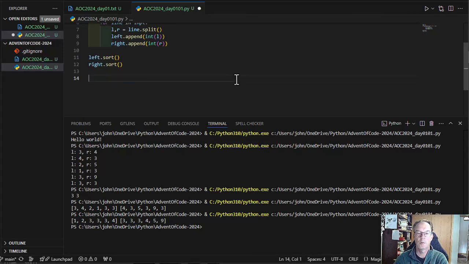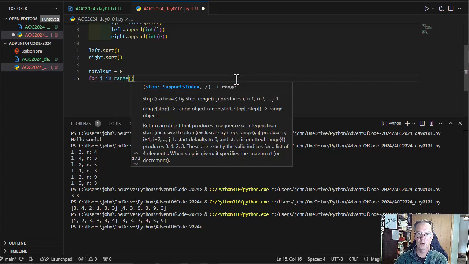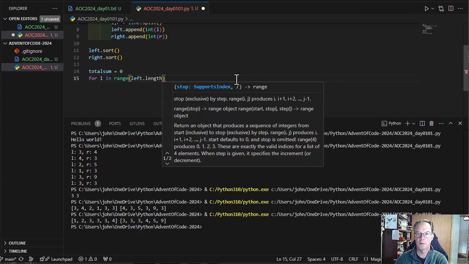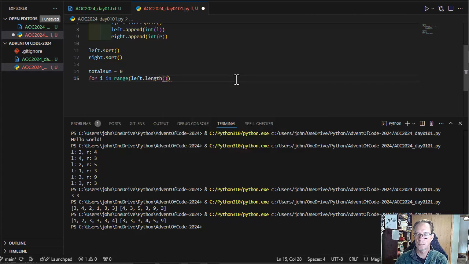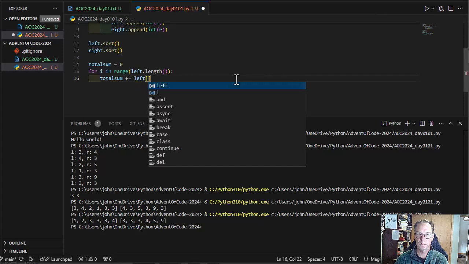Now what we're going to do, since we know that they are the same length, we don't have to worry about one being longer than the other. We can just say total sum equals 0 for i in range left length. Total sum, I'm just going to add up the difference between left, oh,